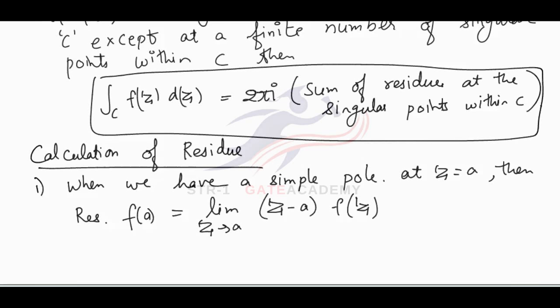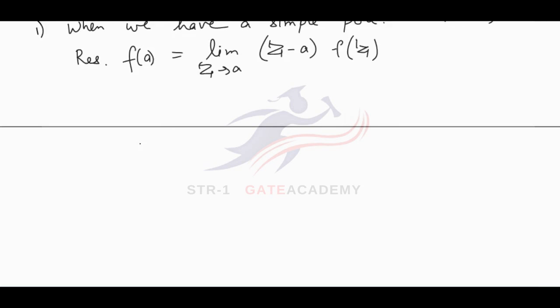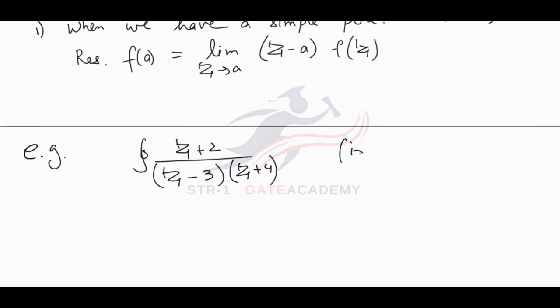right? For example, if you are given a function, you have to find the residue of the function, let's say z plus 2 upon z minus 3 into z plus 4. So find the residue at z equal to 3. Z equal to 3 will be a point of singularity, right? So at z equal to 3, this will be nothing but the residue